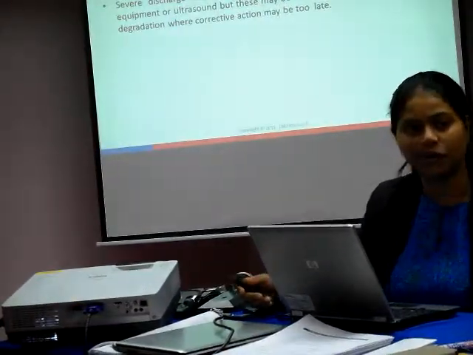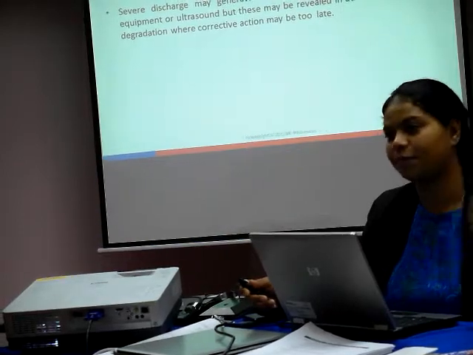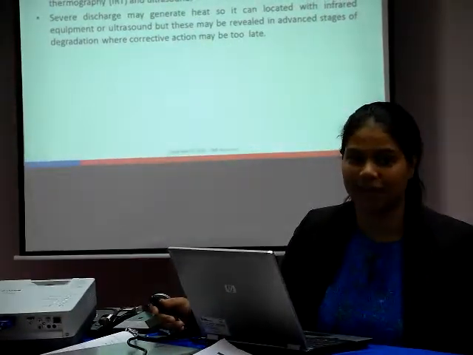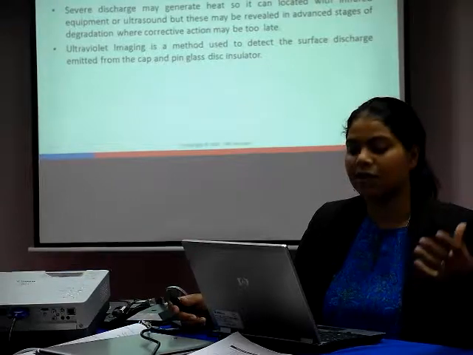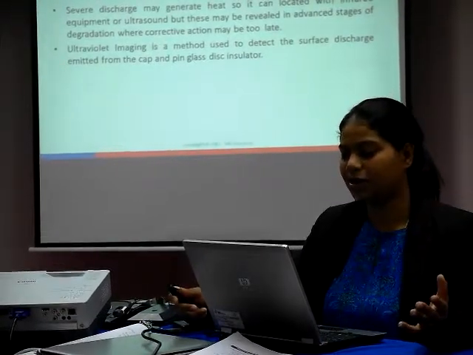Okay, what happens is when there's severe damage, there will be heat generated. So this heat, using infrared, you can detect. But when there's already heat, meaning it's already too late. So anytime it can cause failure and unplanned outages. So we want to use an equipment which we can use to detect this problem at a way much earlier stage. So we would like to investigate using this ultraviolet imaging method, which is used